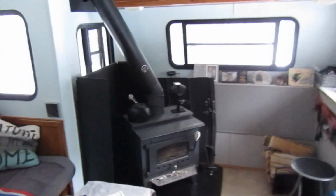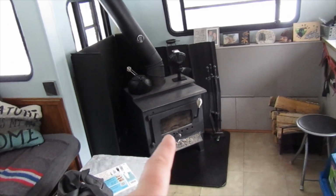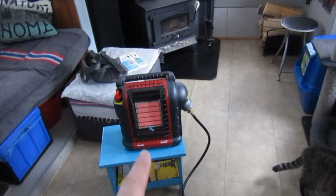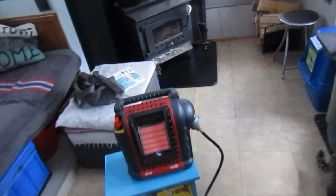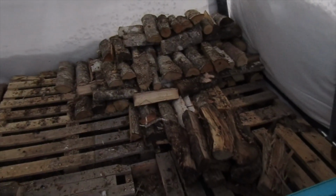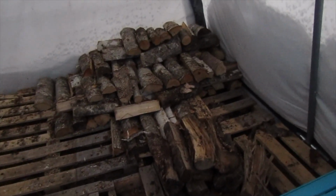I let the fire go out last night. I've got to scoop ashes and clean the chimney pipe. Story of my life. But today we're using this. Let me show you why. Yeah, that's why. So we have a little bit of wood left, and at this point I'm going to be